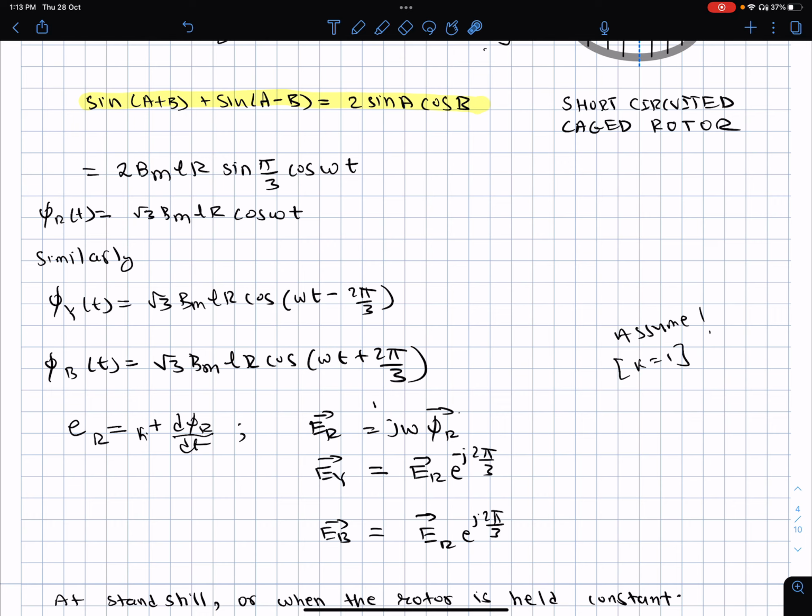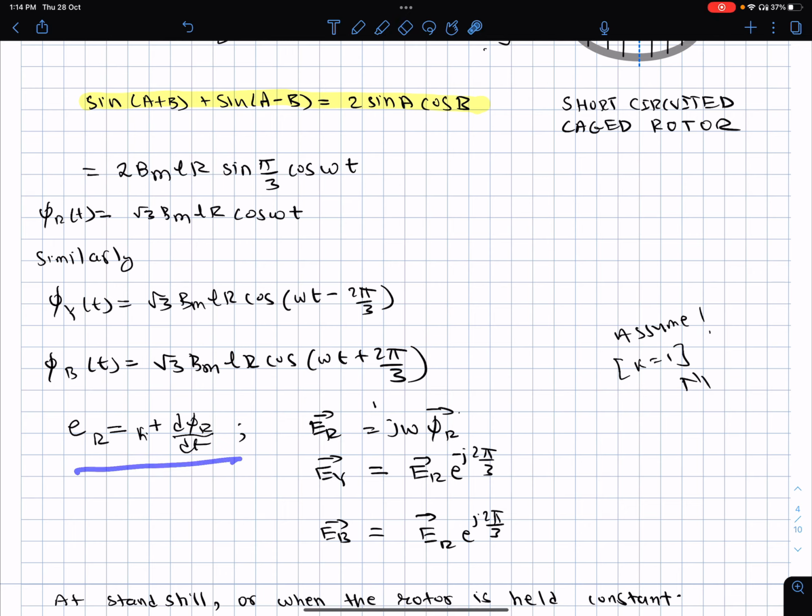So what I'm going to do is assume for the time being that ER is proportional to the rate of change of flux. In a concentrated winding, if the number of turns is n, then the flux linkages is just multiplied by n. But since here it is a distributed winding, we need to account for that spatial effect. So for the time being, we are just taking that factor to be equal to 1, or n1 if you want. Later on, we will adjust this subsequently.